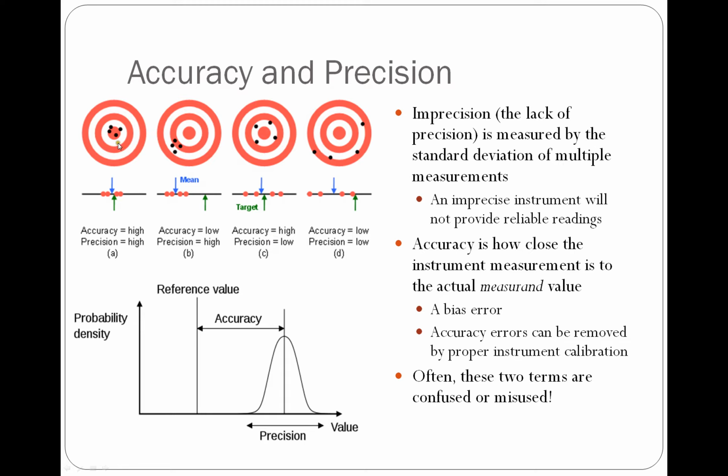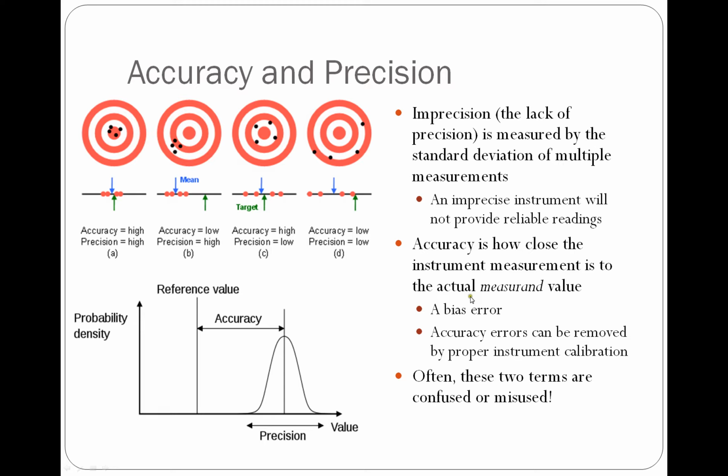Okay, an instrument that is both accurate and precise will hit the bullseye all the time, and we'll have a nice tight grouping around that bullseye. This right here, the second target, is an example of a device or a transducer that has low accuracy but very high precision. The low accuracy is that we're not hitting the bullseye, we're not getting the exact value of